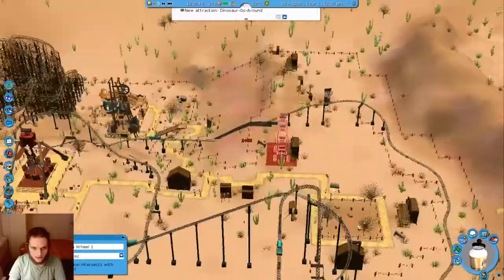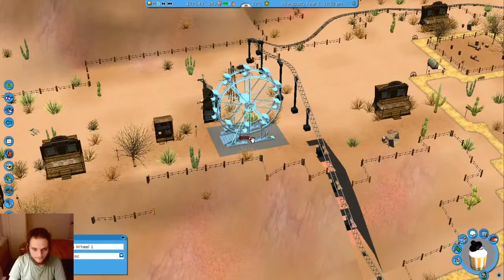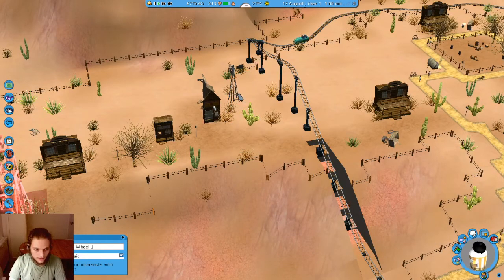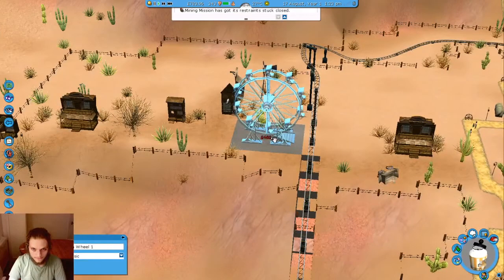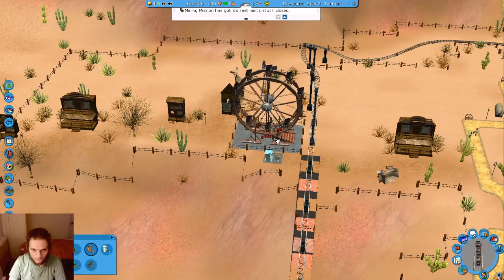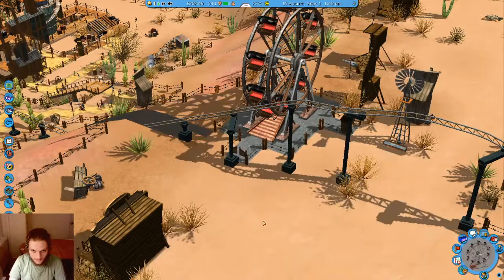Actually, this should go somewhere up here, so where you have a good view. Maybe actually the other way around, so that you can see the roller coaster go by as you're going up and down, basically. Right, so here. And the path fits underneath, that's perfect. Right, so this here,